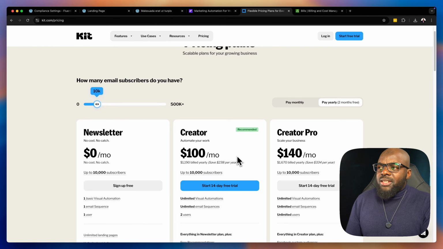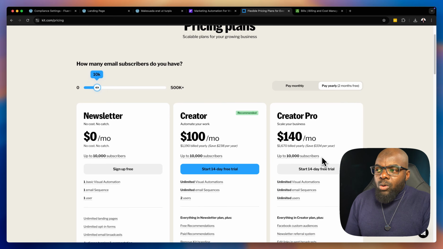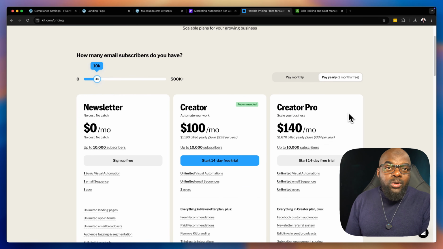Now, of course, you can offset it and say, well, if you have an email list of 10,000, then $100 is okay. Now, trust me, this becomes a cost which is very annoying, because there are times where you can't keep sending emails out every day to make use of it. People will unsubscribe. So you need to have a pattern of sending out your emails. So even though it's large, it doesn't necessarily mean that you're making money every month from your list. But this now becomes a cost. You see, now if you wanted to go for the Pro, which has more features, we're talking about $140 per